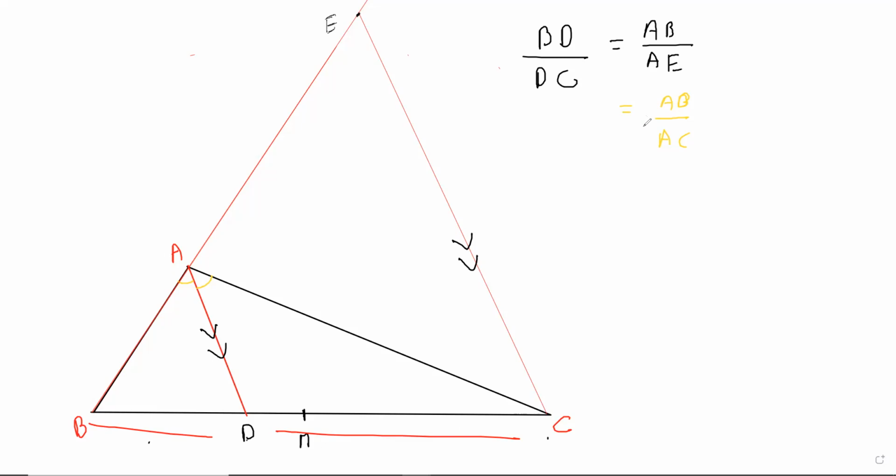What does it break down to showing? It really breaks down to showing that this AE is the same as AC. If you can show it, you're done, right? At least that much you agree. Then the job will be done, because this we already have established by similarity. So we just want to show that.